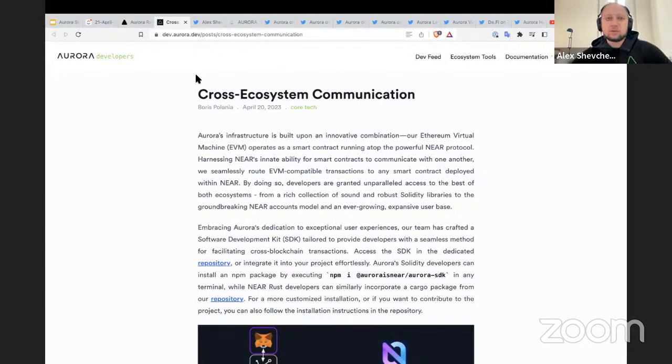Together with this, another article was published on our new developer portal. So for all of the developers, please check out dev.aurora.dev. Super simple to remember. You're able to come there and find a new post that was posted just yesterday about cross-contract